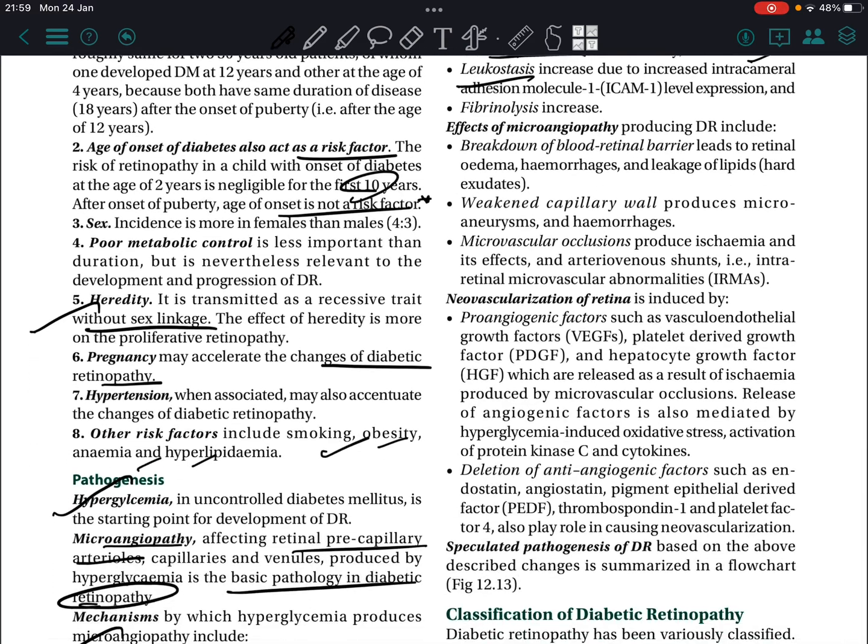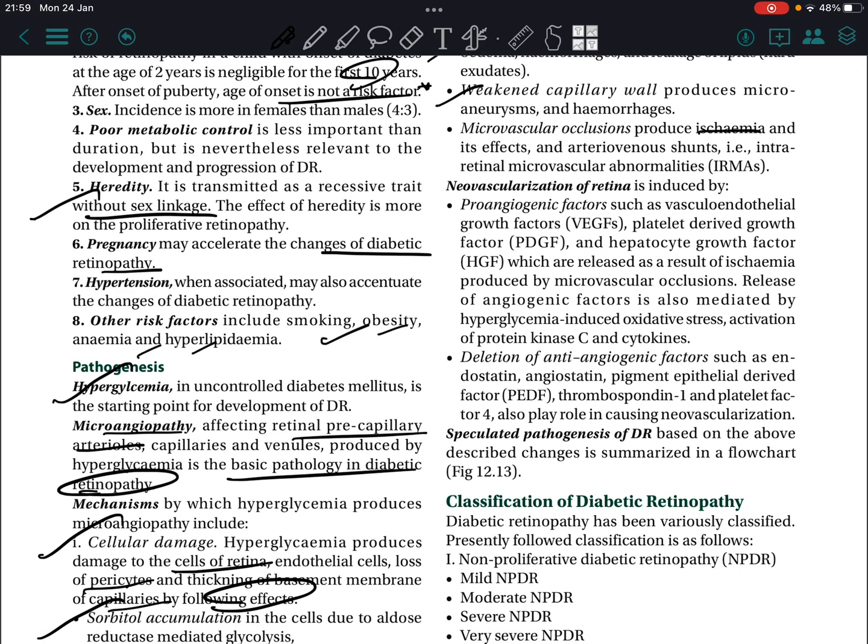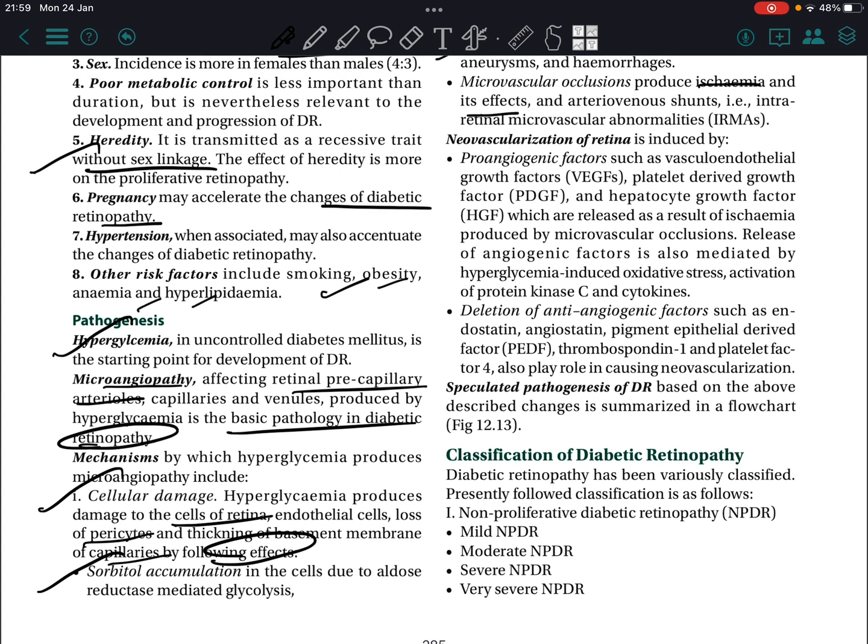expression, and increased fibrinolysis. Effects of microangiopathy producing DR include breakdown of the retinal blood barriers, leading to retinal edema and hemorrhage, and weakened capillary walls, producing microaneurysms and hemorrhages. Microvascular occlusion produces ischemia and its effects: arteriovenous shunts, intraretinal microvascular abnormalities, IRMAs,